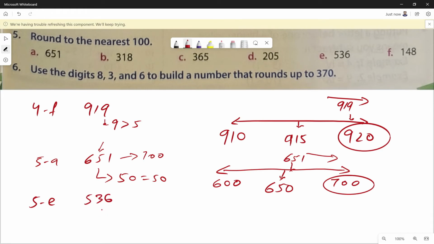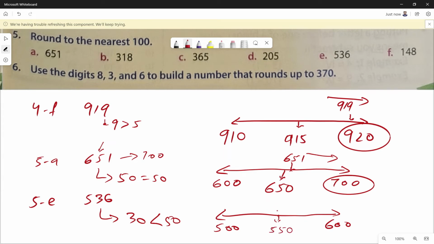536. So the value at the tens place is 30, which is less than 50. Let's draw the number line. 536 will fall between two hundreds values, which are 500 and 600. The midway point is 550. Our value will fall somewhere here, 536. So the value at the tens place is less than 50. So the number will round to the nearest 100, which is 500. So 536 will round to